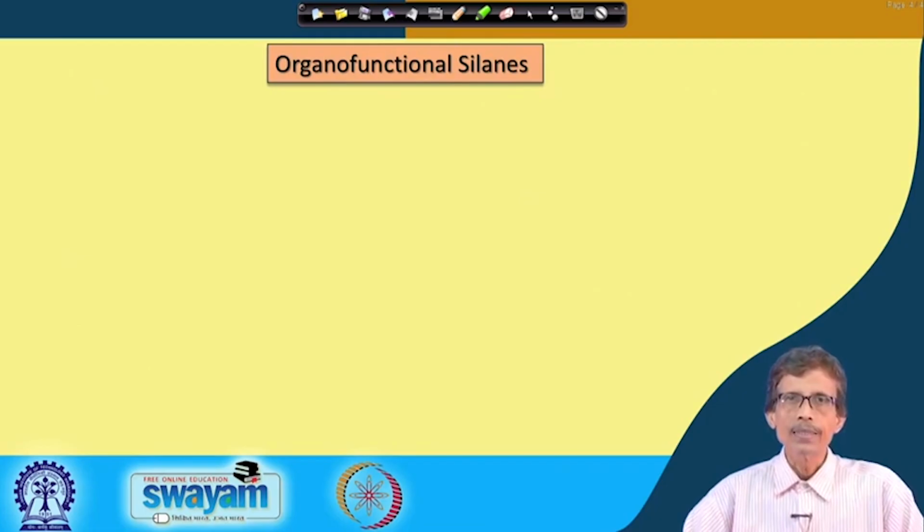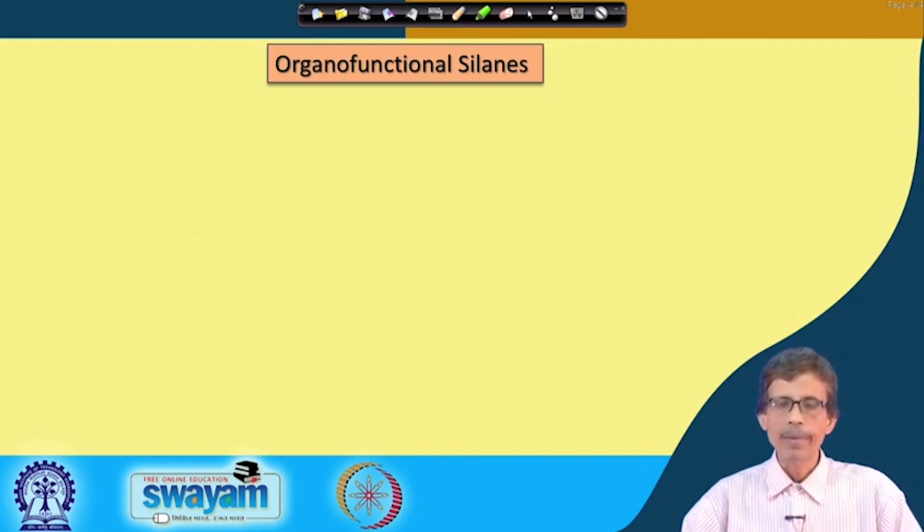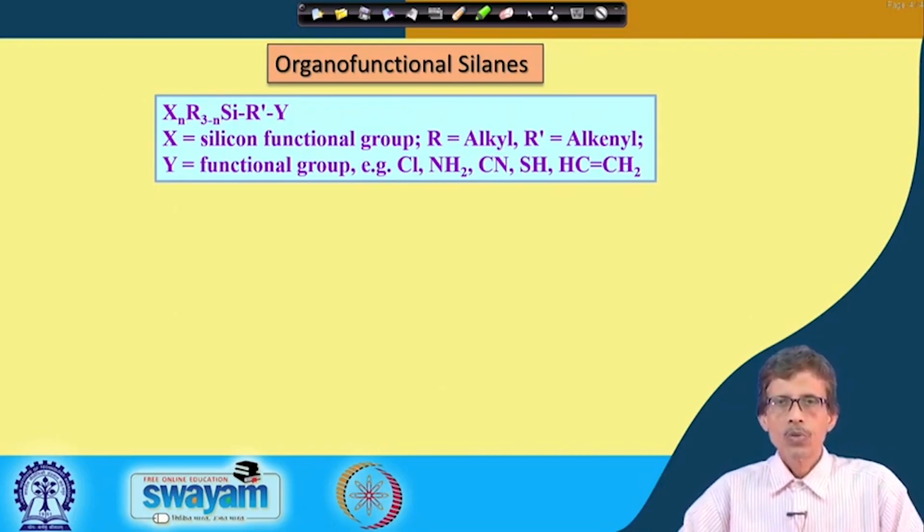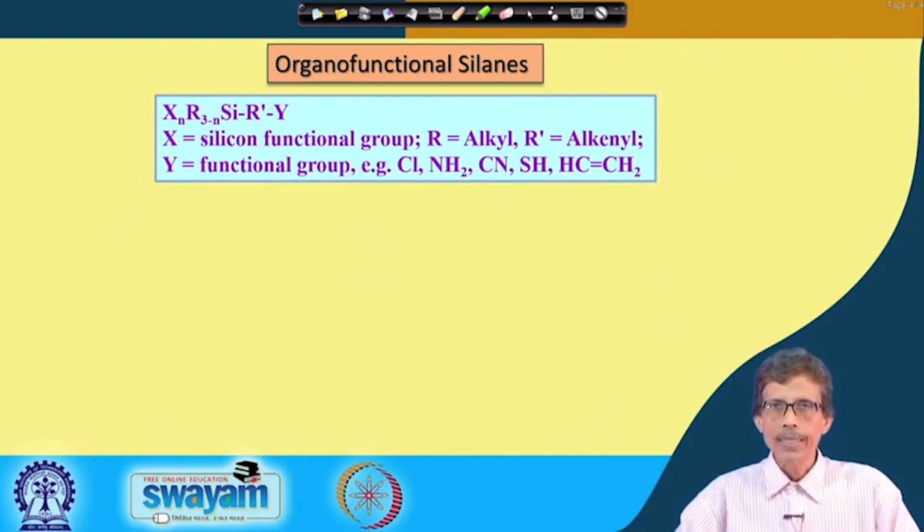Then we see the different types of functional groups we can introduce. So, the different types of organofunctional silanes make them a very interesting class of molecules based on silicon, where we can have these groups not only as R and X, but also Y. It's not that our life is getting more and more complicated, but stepwise we should know that